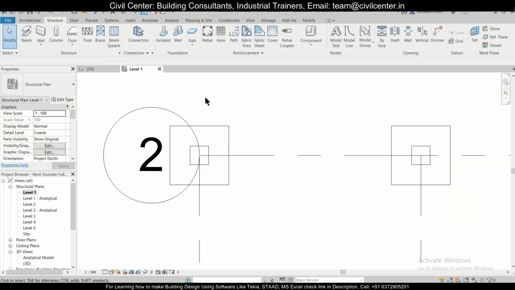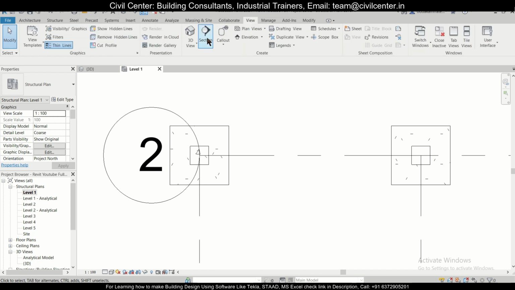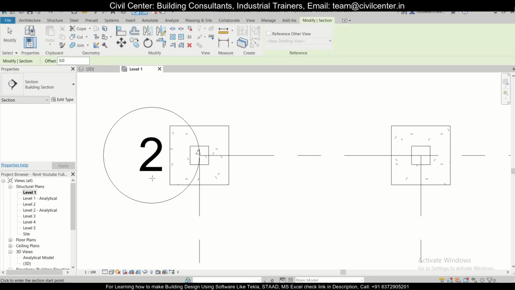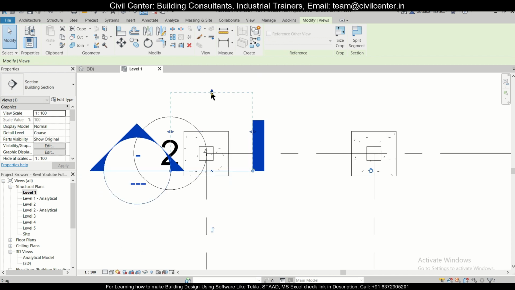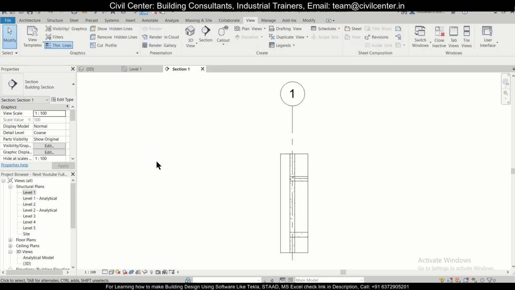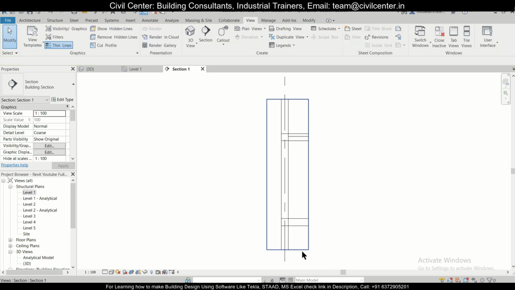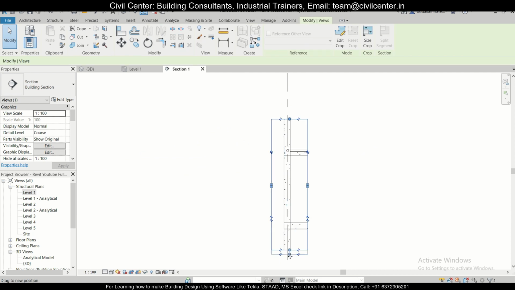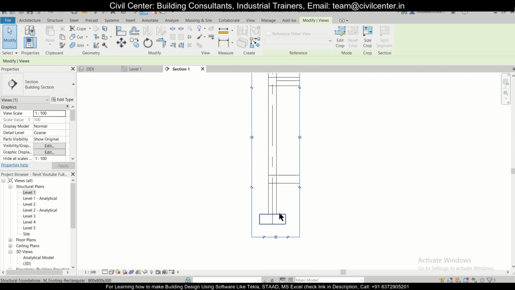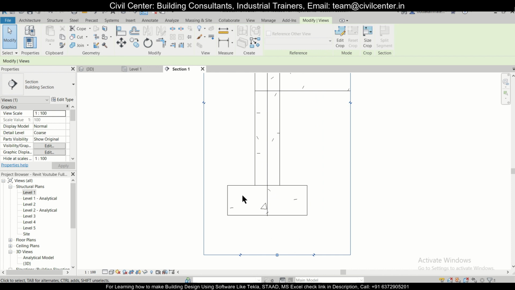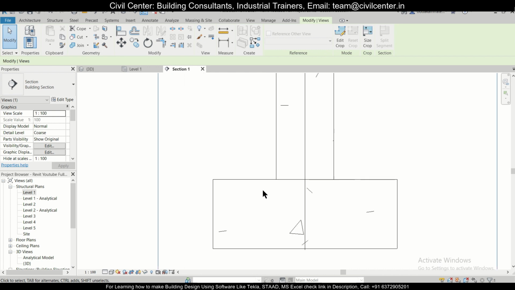So let's insert this footing's reinforcement with the help of a section. We'll go to the option of view here, and we'll have the option of section here, and let's cut a section around here, for example. If we want we can decrease this also, and select this, right click and then go to view, and this is the view which you are observing here. If you want you can also increase this particular view so that you can observe the footing as well. The footing is visible right now.